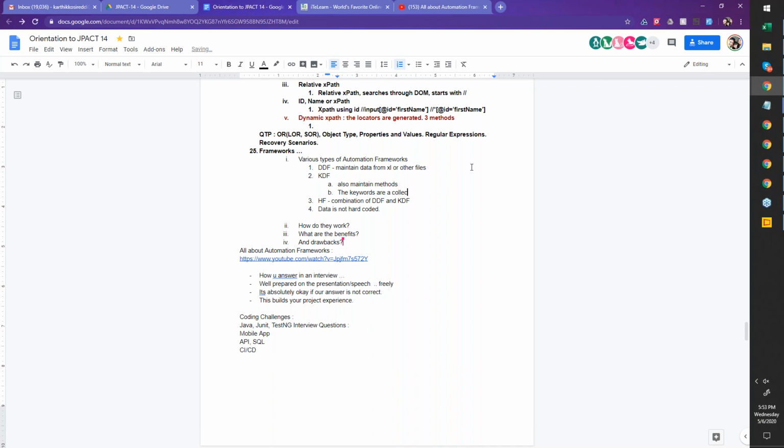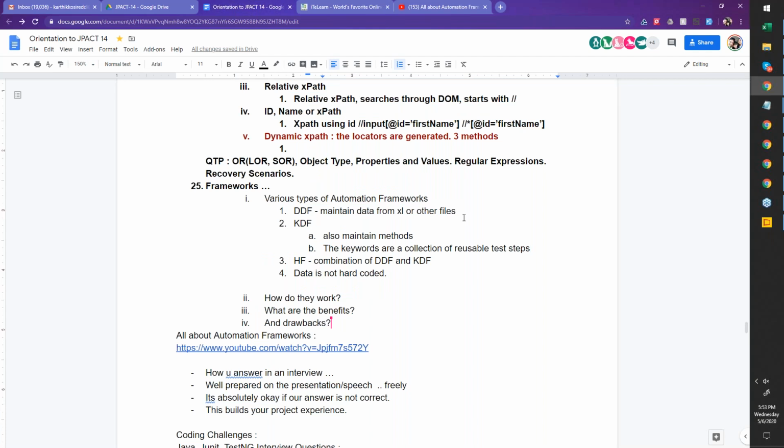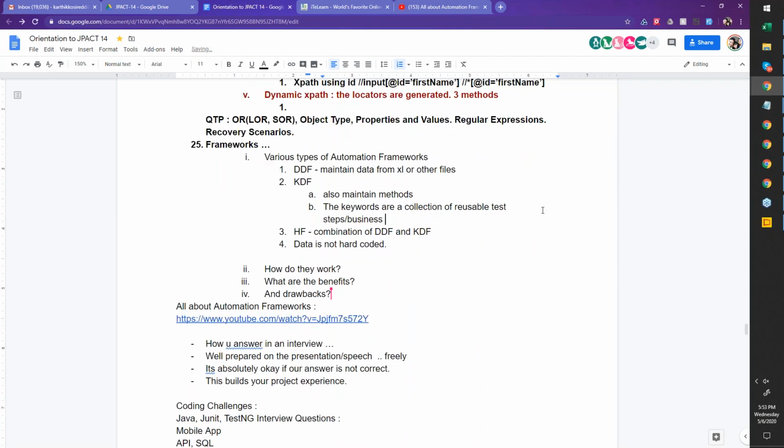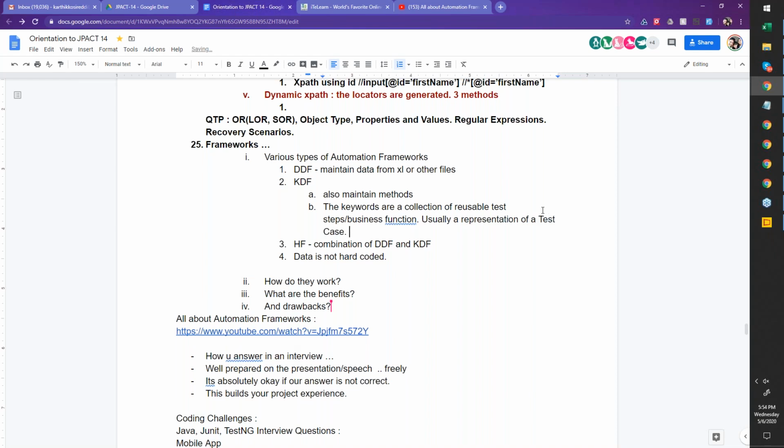It all runs with the help of certain keywords. Certain keywords are used to represent a particular action. It could be a function. It's usually a representation of a test case. Anybody without programming knowledge, like a business analyst, can run the framework.